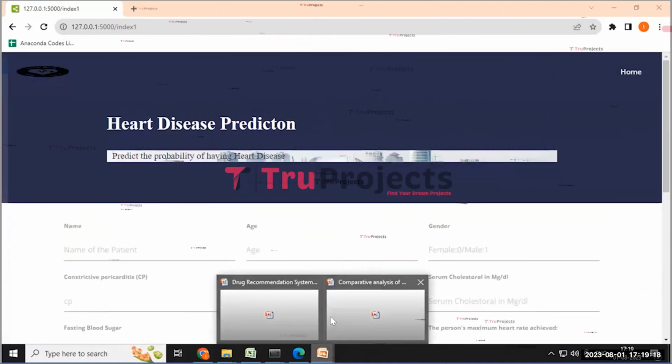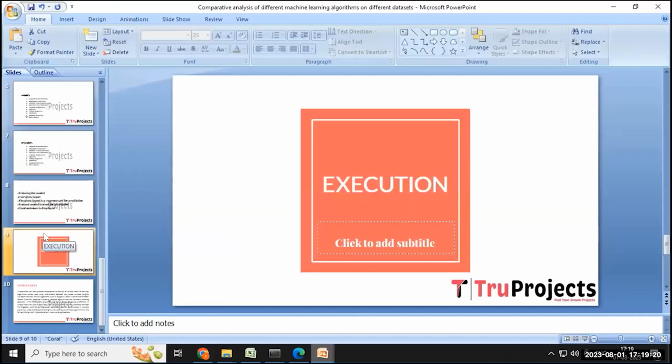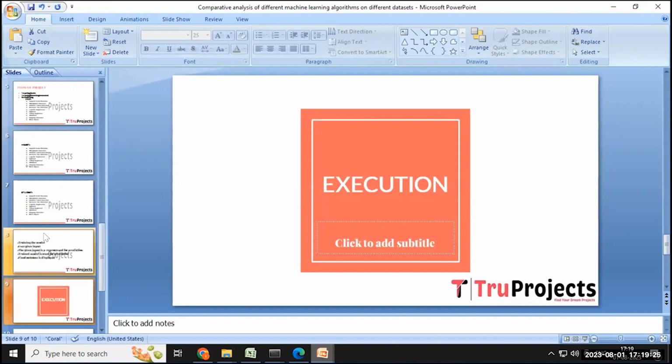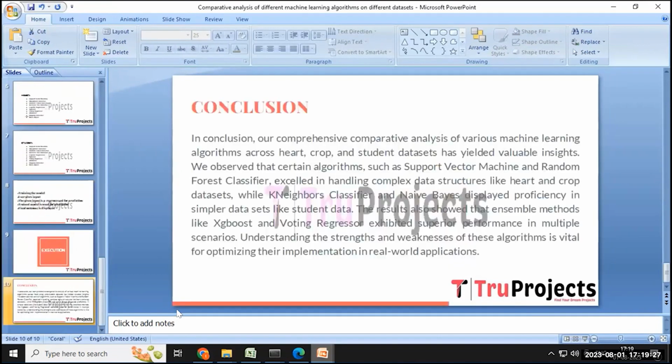In this way, we are analyzing the comparative analysis of the different data sets on different machine learning algorithms. And in conclusion,